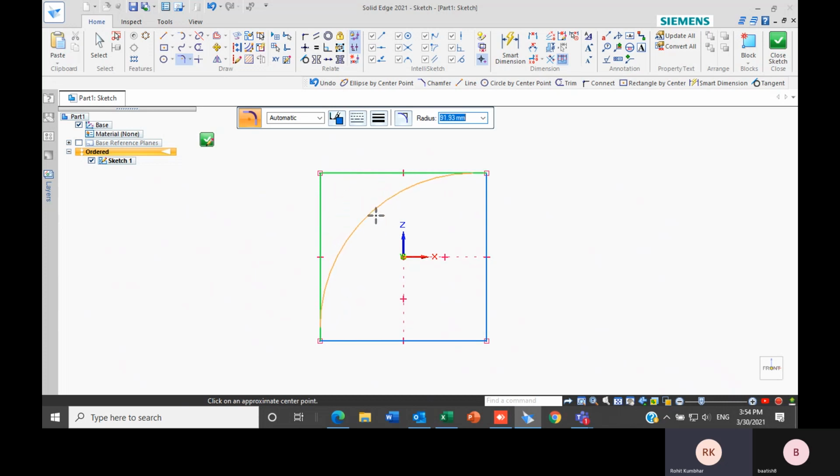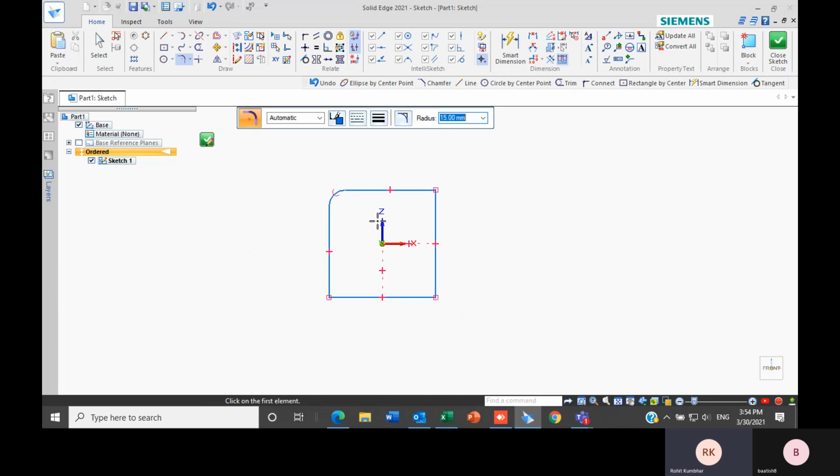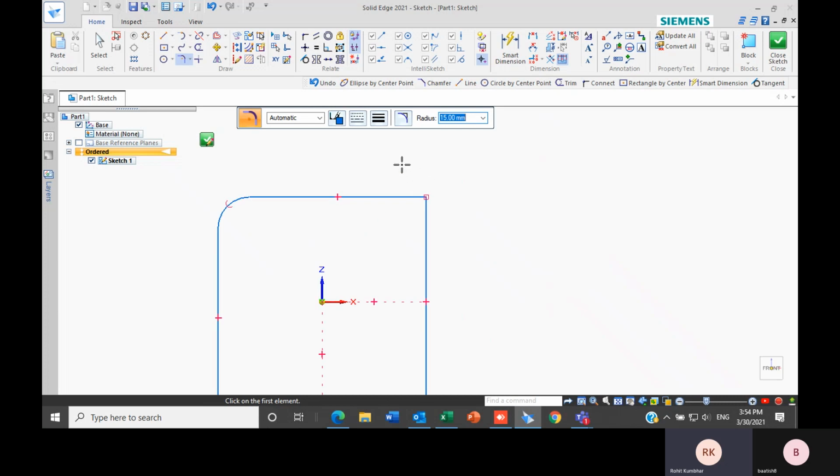As you can see, as I move the cursor, the radius of the fillet changes. I can input the radius beforehand, or I can change it by moving the cursor. Let's say I want it at 15 radius. So the fillet which got created is of radius 15 mm.